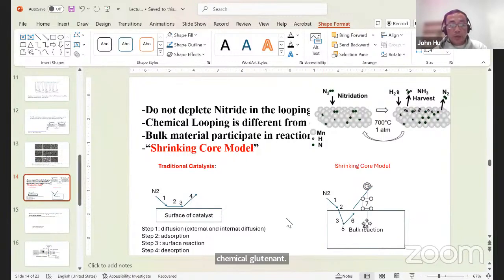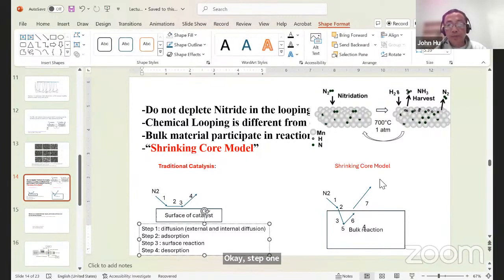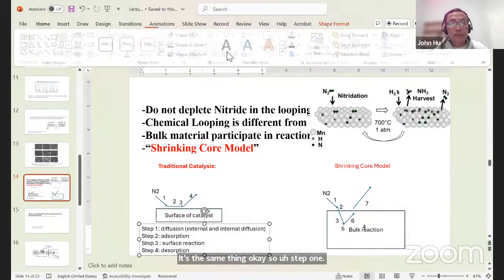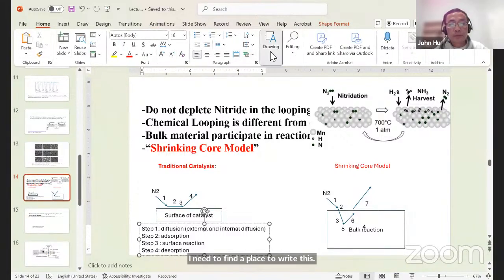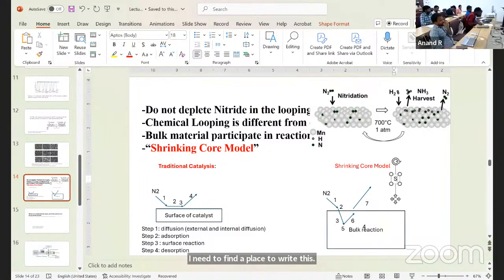Okay, step 1 is the same thing. So step 1, I need to find a place to write this. Okay, let's begin. I'm going to write